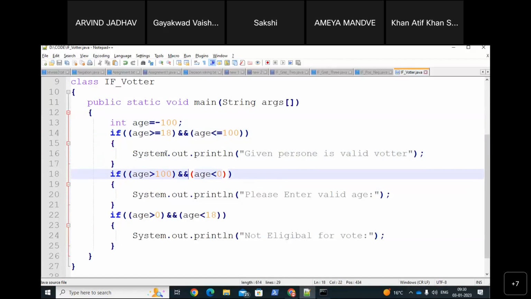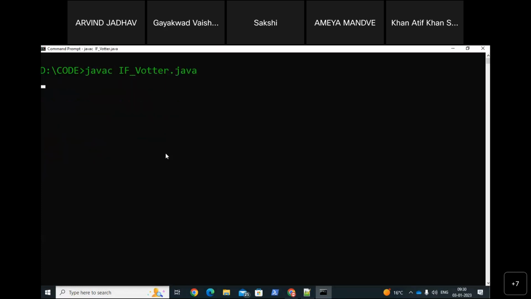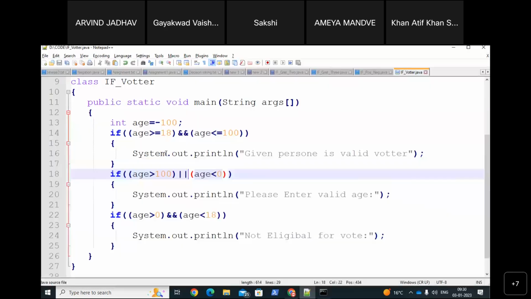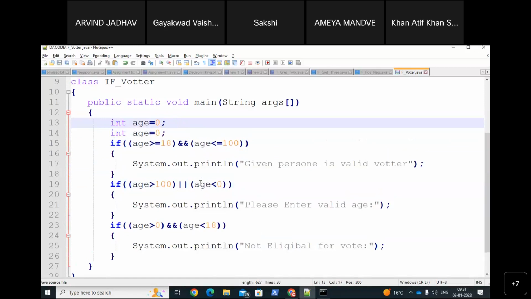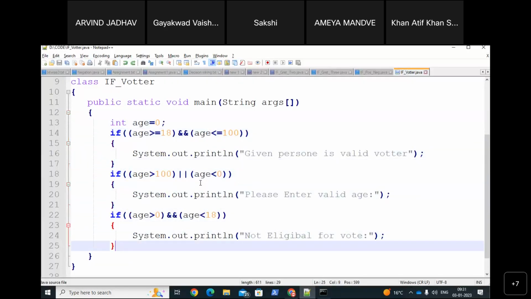-100 ग्रेटर देन 100 नहीं हो सकता, यहाँ ना और आना चाहिए, इमेजिन करो उसे हो जाए, प्लीज एंटर वैलिड एज क्योंकि मैंने नेगेटिव एंटर किया था, तो एंड कहता है कि दोनों की दोनों कंडीशन ट्रू होनी चाहिए तो एक ही लिख दी, ओके। और जस्ट लास्ट एक रहेगा इफ योर एज इज 0. 0 एक ही कंडीशन ऐसी है कि अपना प्रोग्राम रन नहीं होएगा, सब कंडीशंस हमने ली।